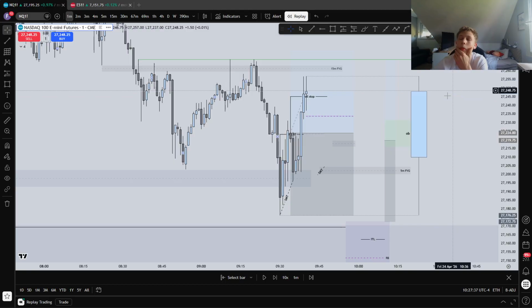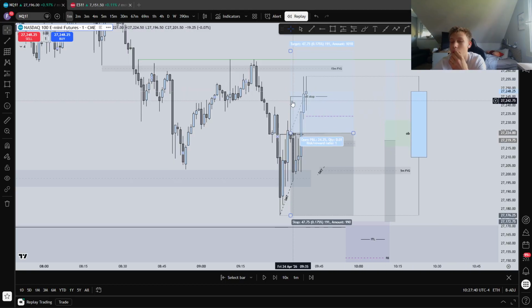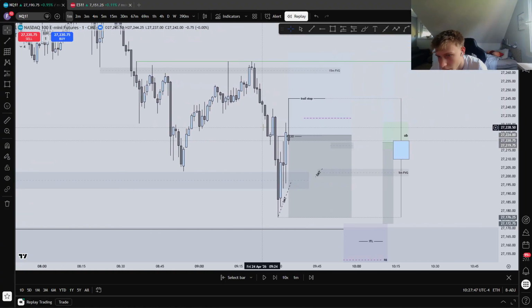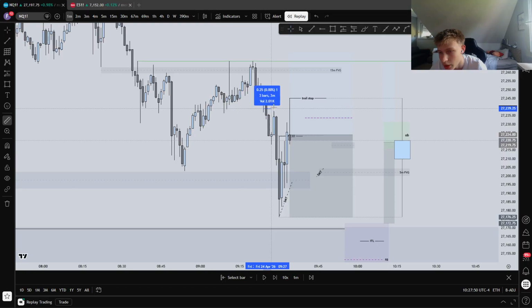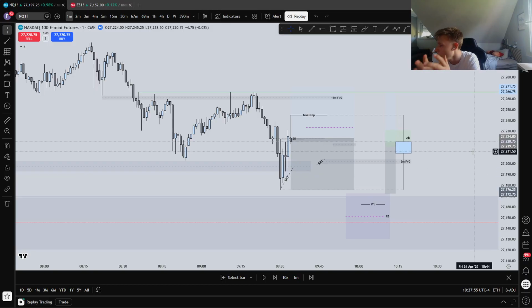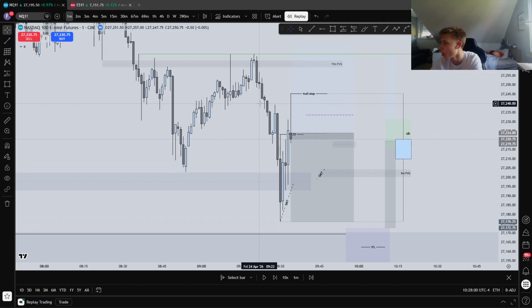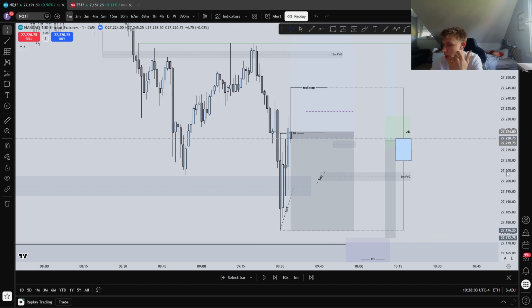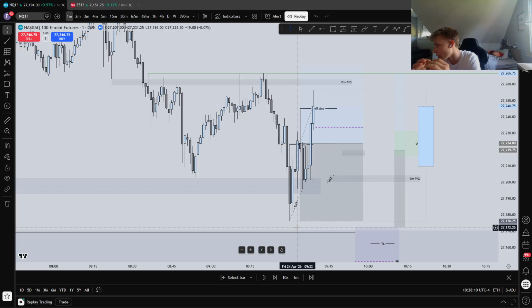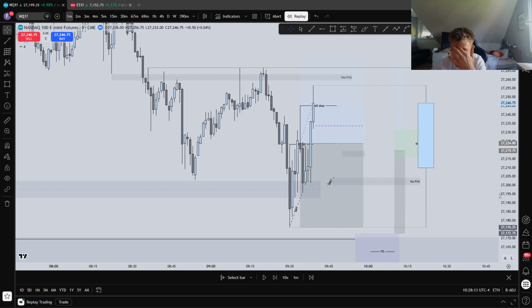A lot of my time in backtesting, I use the resweep. What is important is that the moment I entered, we didn't sweep this high. Then we pushed up, swept this high. But this was something I really see in backtesting so often: if I go break even, I get stopped out and it just runs to my TP like 70 or 75% of the time. So I just didn't go break even, and it was a good decision. So please, I love you. But that backtesting is hella sauce.